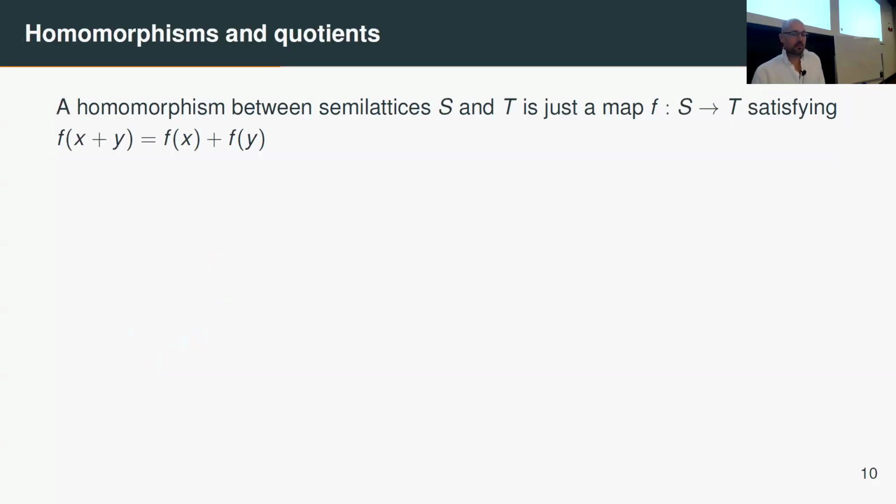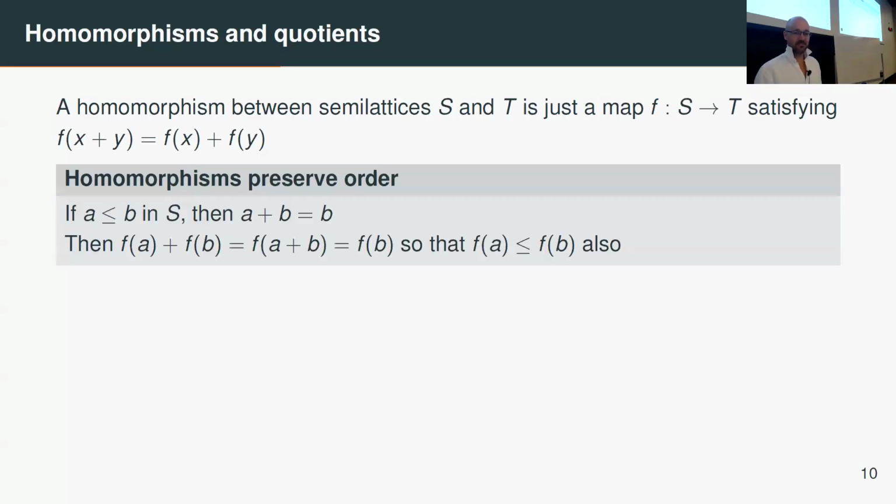Homomorphisms, we'll need them as well. Of course, we can all make up what these should be. They're just like linear maps, essentially, but it's even easier than that because there's no constants, or if there are, it's just 0 and 1, I guess. So things are either there or not. So the image of a sum is the sum of the images.